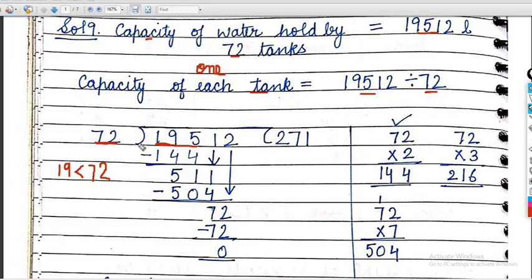Now, as I have told you beta, it is not possible for us to write the table of 72. We cannot do that. So what we will do, we will follow the guess method. Now what is guess method? Guess method में क्या होता है students? We simply see the first digit of the divisor. That means आप 7 के टेबल से guess करने वाले हो.